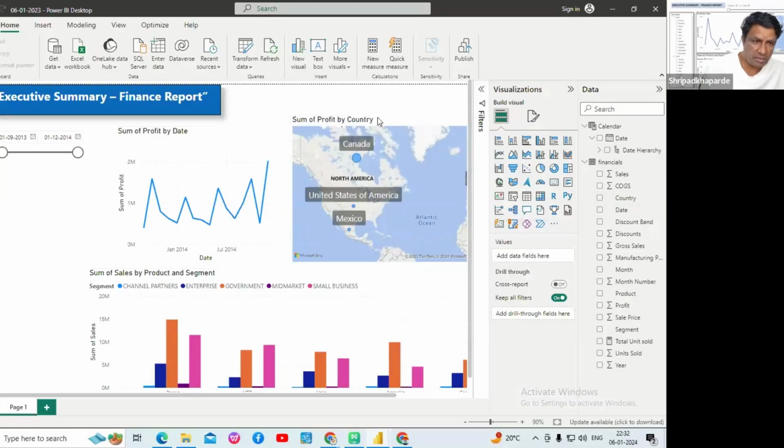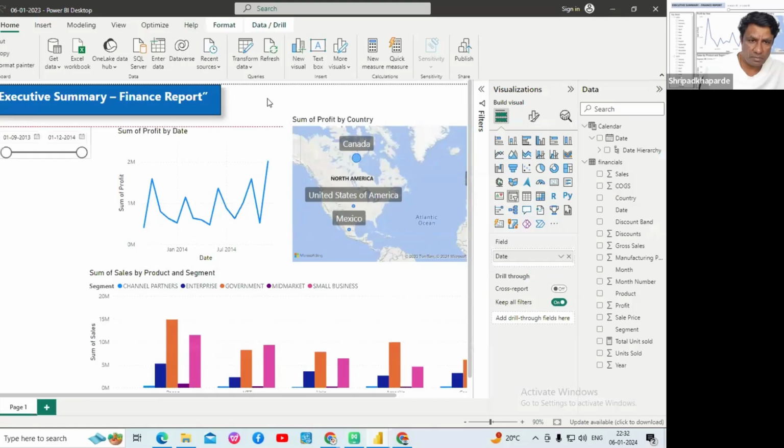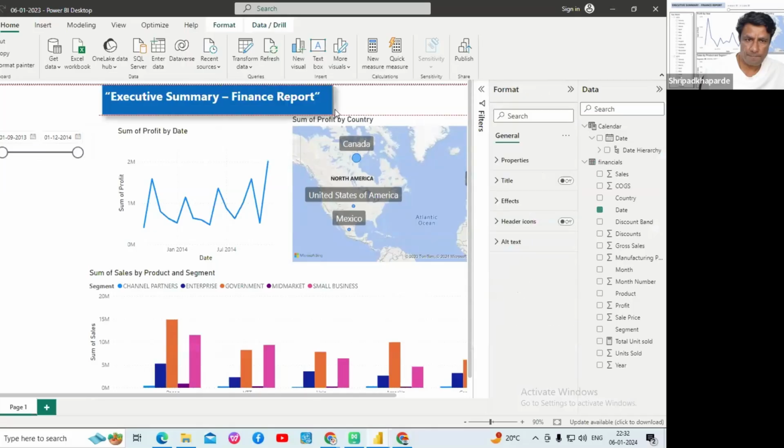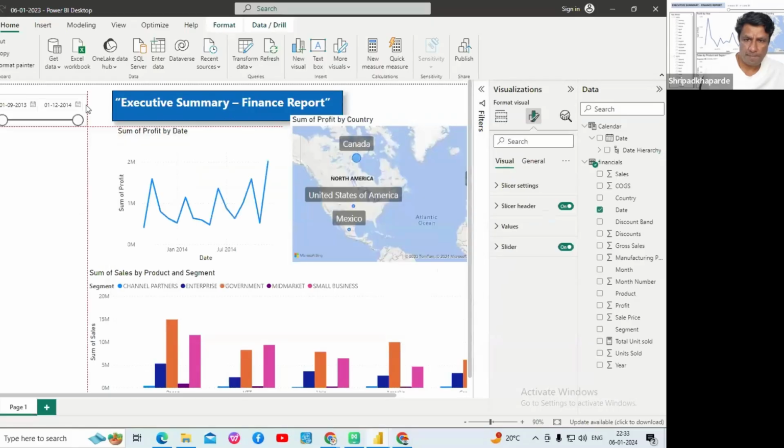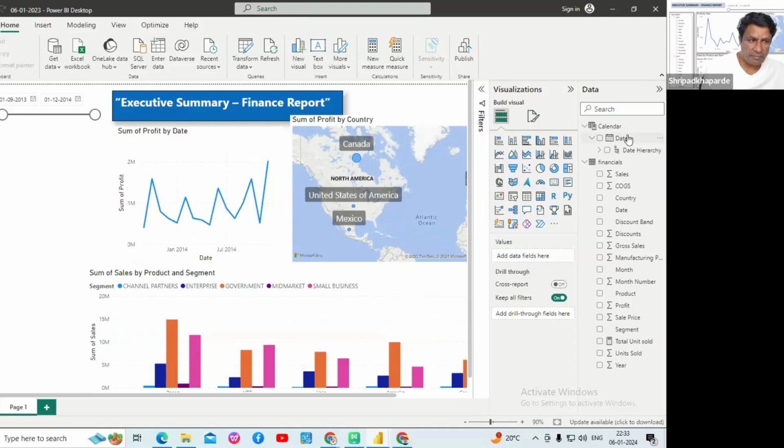Now I have to select the date from this calendar field. Now select the plain canvas, drag the date from the calendar field to the blank area,